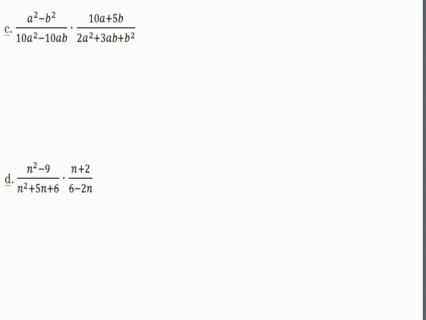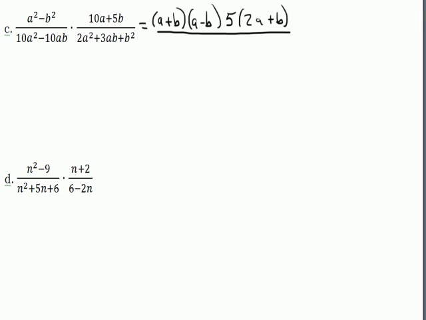Example C is a little more complicated, but we're going to do the same basic thing. Again, please try the example before looking at the video. I notice a squared minus b squared is a difference of two squares. So I'll in fact write this as a plus b times a minus b. And as I'm multiplying, I'll go straight across and keep going. 10a plus 5b has a common factor of 5. It's the greatest common factor, in fact. So it should be 5 times 2a plus b,